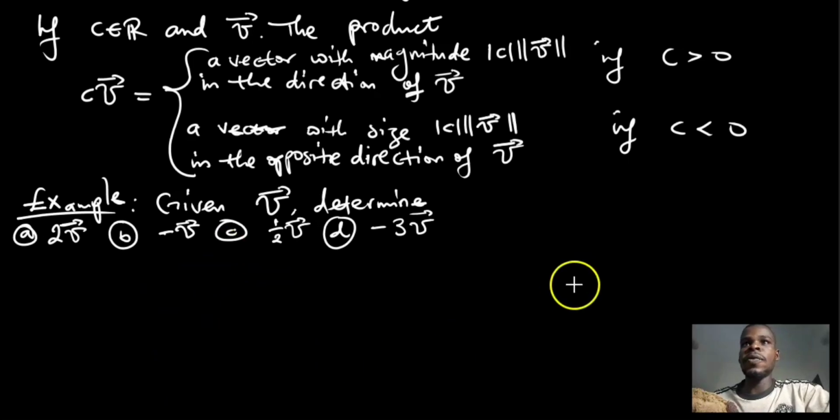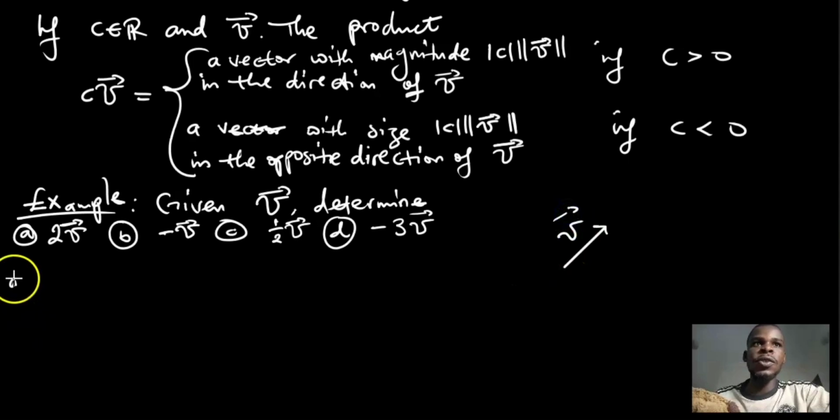If our vector v is like this, right, just simple, let me not make it too long because I will need to multiply it, right? Okay, it shouldn't be too short because I will need to take half of it. So if this is vector v pointing in that direction, we want to determine the first one, 2 times v. Now this vector, according to this definition, should have a magnitude of 2 times that thing. Okay, so in this case it's c times v, where that c has to be positive, that is the absolute value